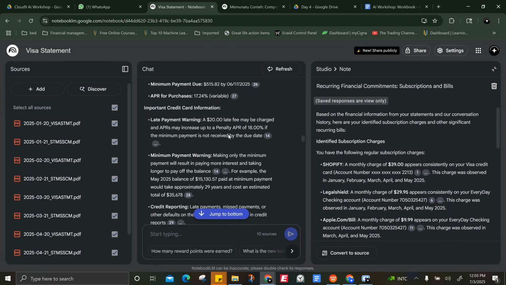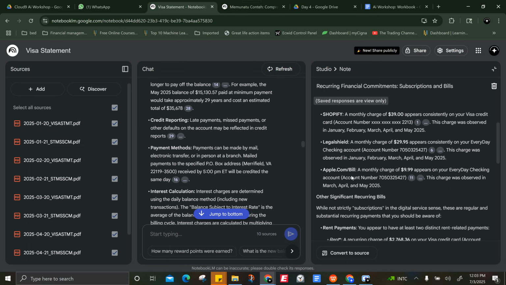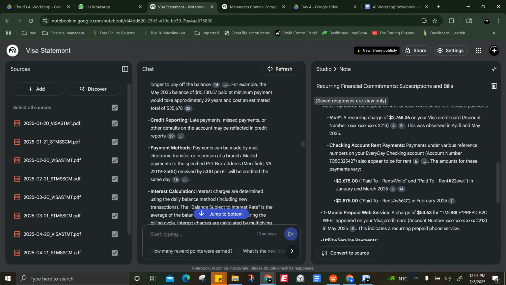This one, the financial one, if you have bad finances, it's going to hurt your feelings. But it's really good if you want to improve your finances and get better at it. These are just sample ones that I found and put together. It says, based on your financial information, your statement and the conversion history, here is what it identified. It just gives you identification, kind of breaks down how you're spending and where you're